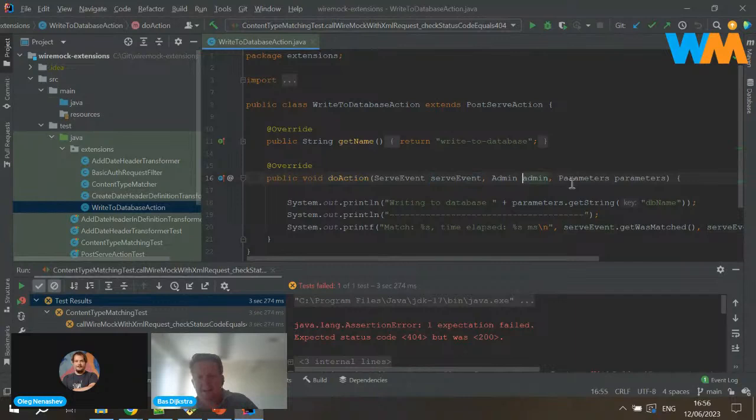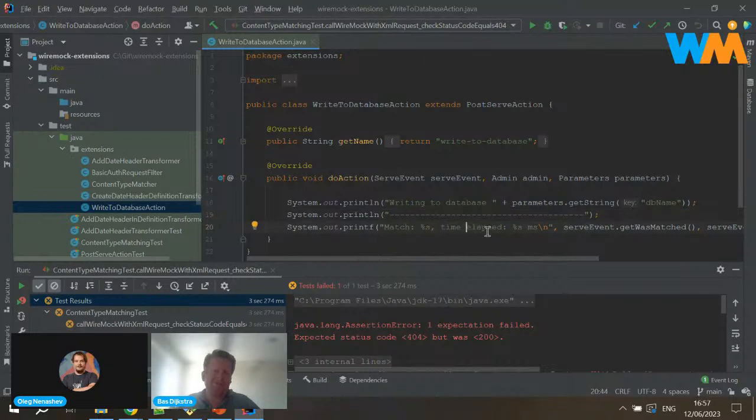That takes 3 arguments. Again, it can take parameters. In all honesty, I don't exactly know what one of these does, but the serve event contains all the information that WireMock has about the request, about the event, about the actual result, about the matching, which is what I add.